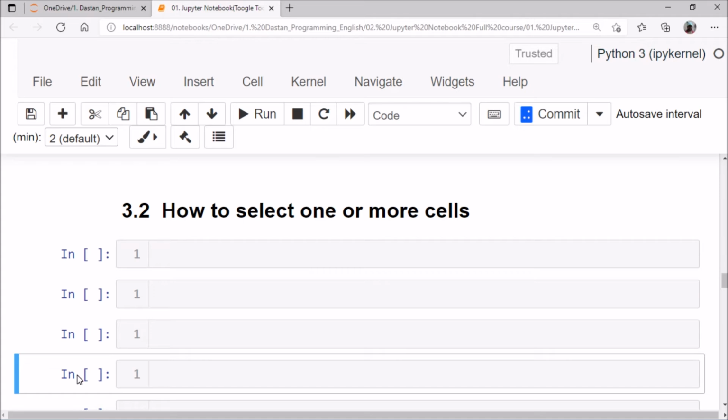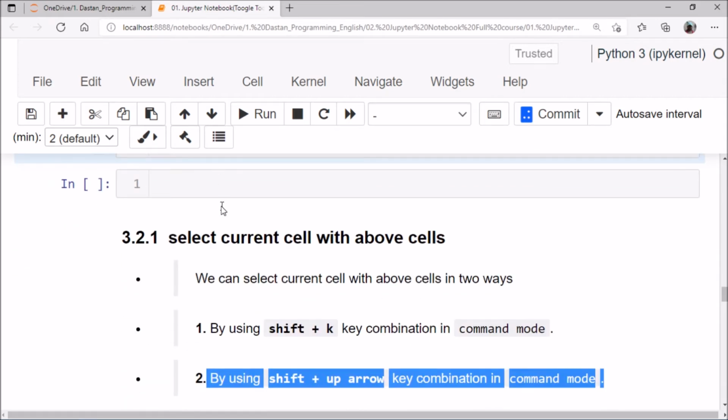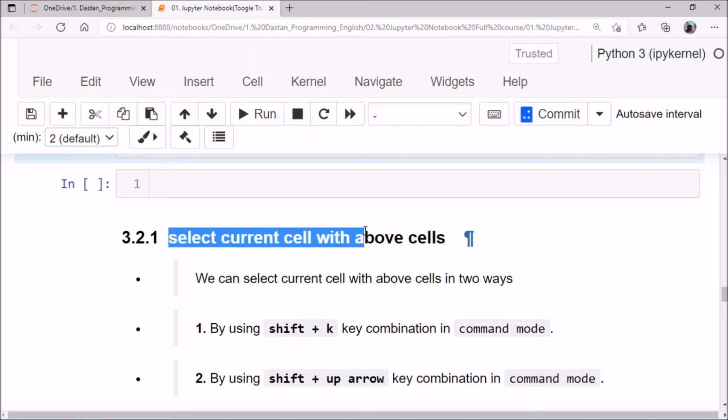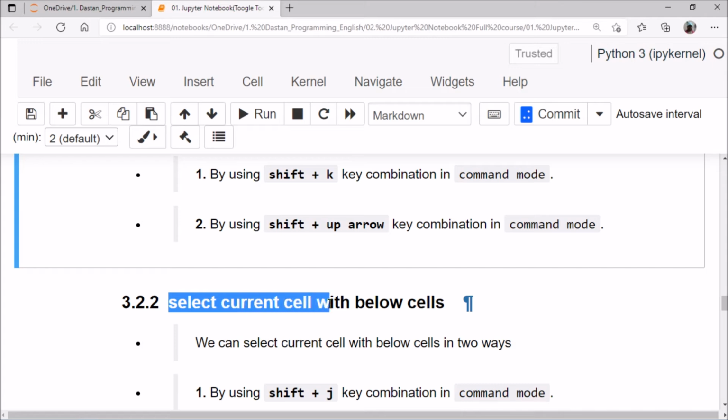This is the current cell, and pressing shift plus the up key keeps selecting cells, meaning selecting the current cell with the cells above.